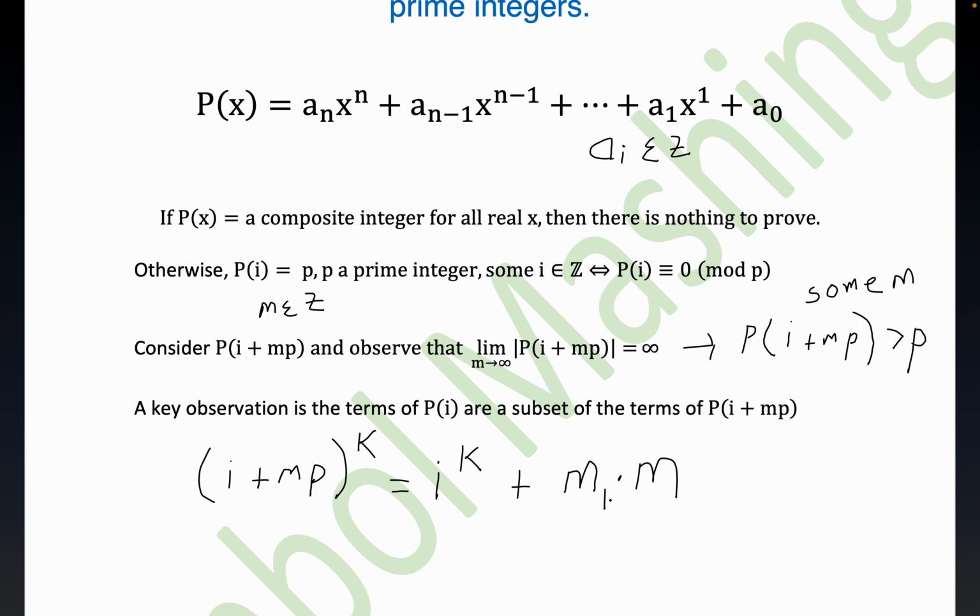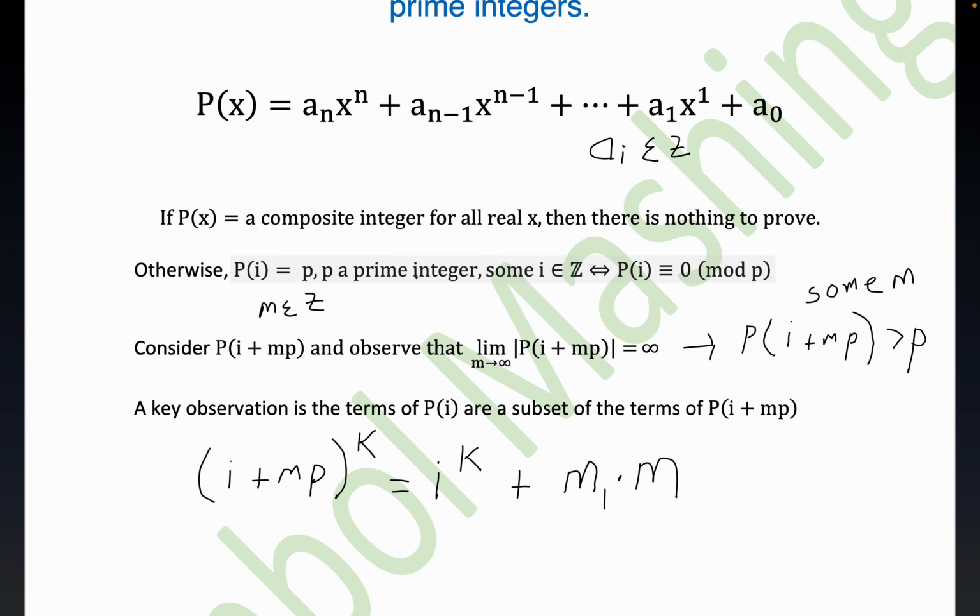And right, folks, hopefully we can get away with this, right? Because certainly I raised to the k power is the first term, and then you have mp multiplied against I, with whatever the binomial coefficients are, Pascal's triangle stuff. So you see, this is just going to be a big, huge multiple of m, and that's why this p of I is a subset of all these terms. There's a lot of terms like this, but everything inside is going to be a multiple of m along with p of I,